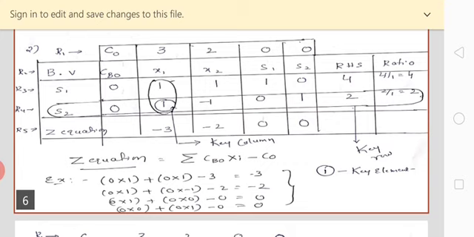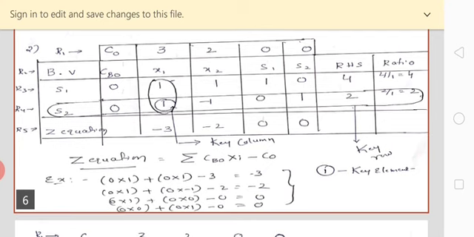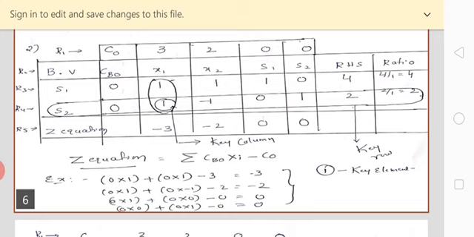Similarly, observe the R4 row. The value in our marked circle there is called the key column. In that key column, the row I just showed you, the value will be 1. That will be divided into the RHS value, that is 2 by 1, equal to 2. Suppose you have a value of 2 under the R3 row under the x1 column, it becomes 4 by 2 equal to 2.